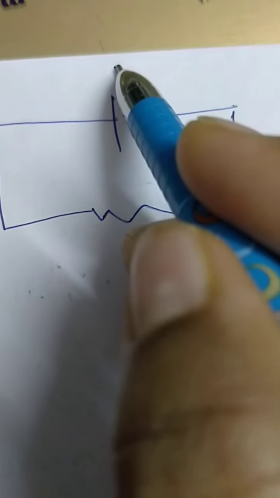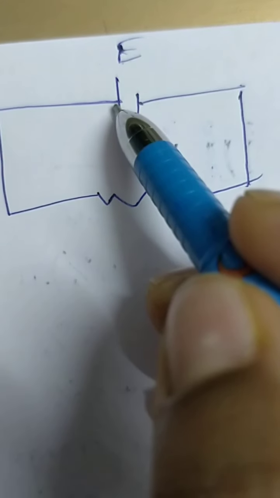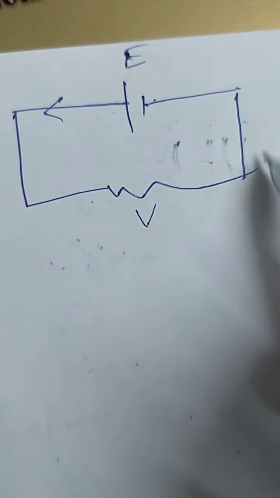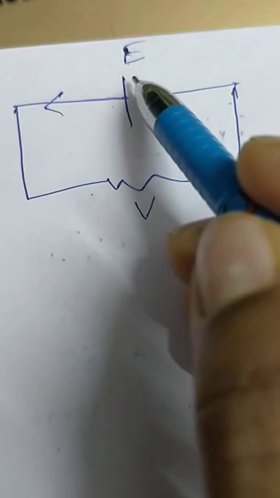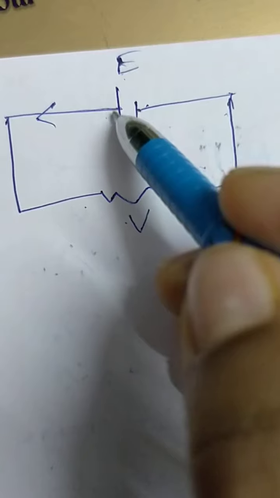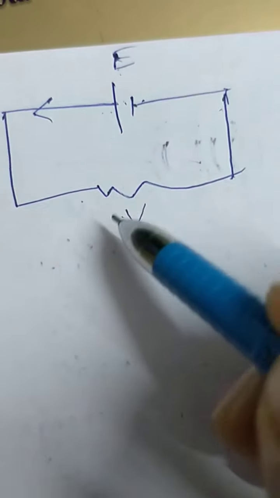You have a cell, and then you have an external circuit. Suppose the EMF is E. EMF is E when there is an open circuit. But when you connect it, in a closed circuit, some amount of current will flow, so some amount of potential will be dropped. This is the potential difference V between these two terminals, because no other element is connected. But this V will not be equal to E. Why? Because of internal resistance, some amount of energy is lost inside the cell itself. So some potential is dropped here, and the remaining potential drops in the external circuit.